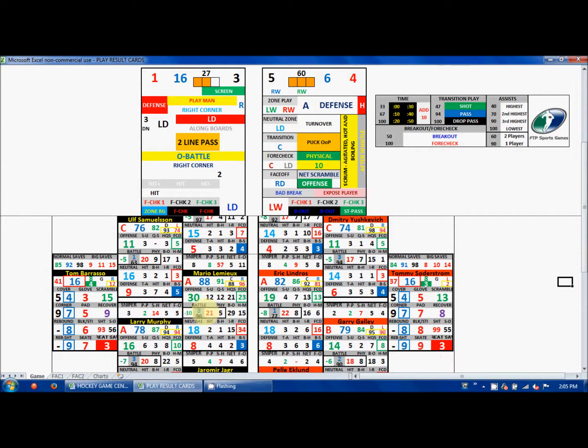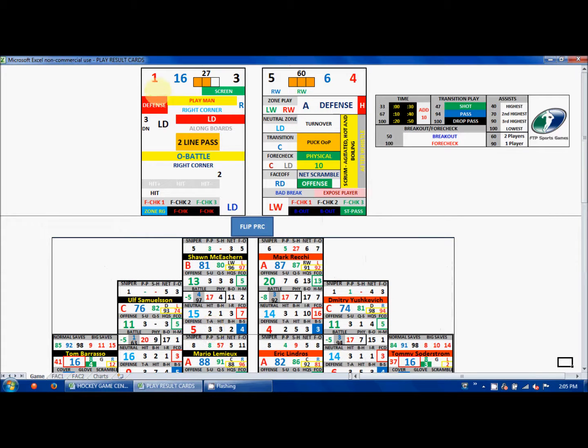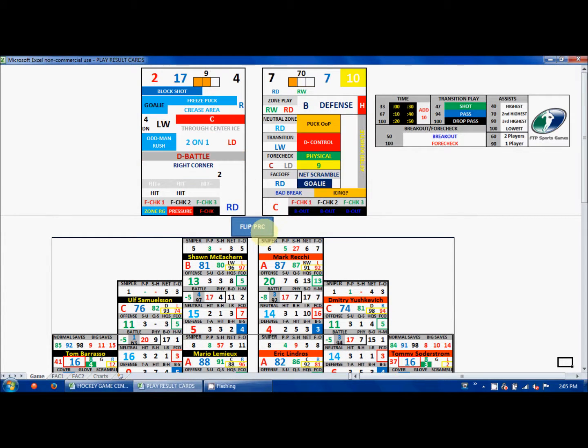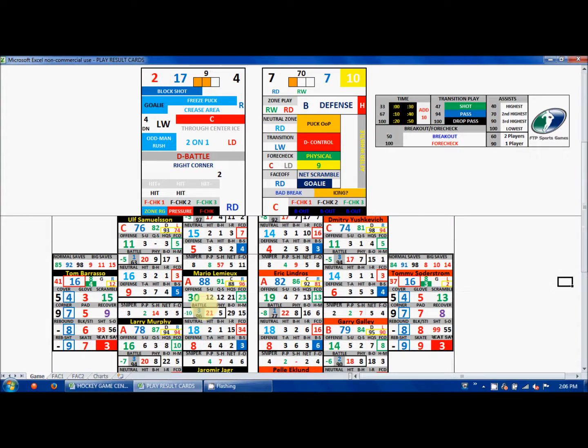Well, he's got a rating of 10, and in this case, when you're looking at their offensive rating, you can just ignore the minus symbol. That's used for board scrums, and if one of those pops up, we'll get into that a little bit more. Those are explained pretty thoroughly in the instructions. So he's got a rating of 10, and we're going to use a red number. So we flip the card. It's 2. That means Lemieux digs out the puck, and in that scenario, his team